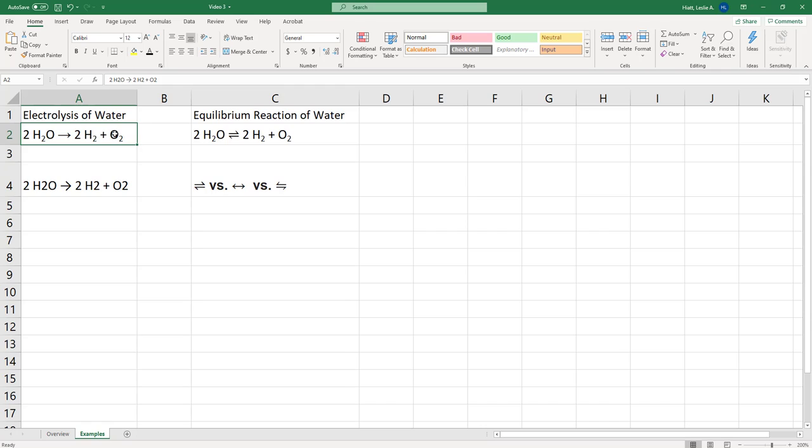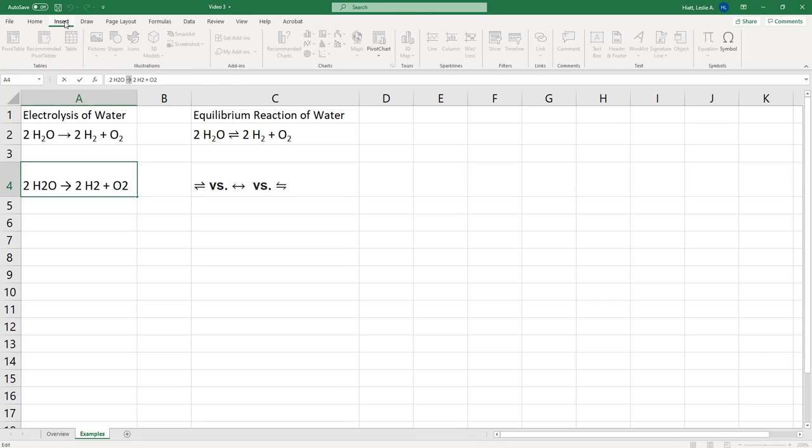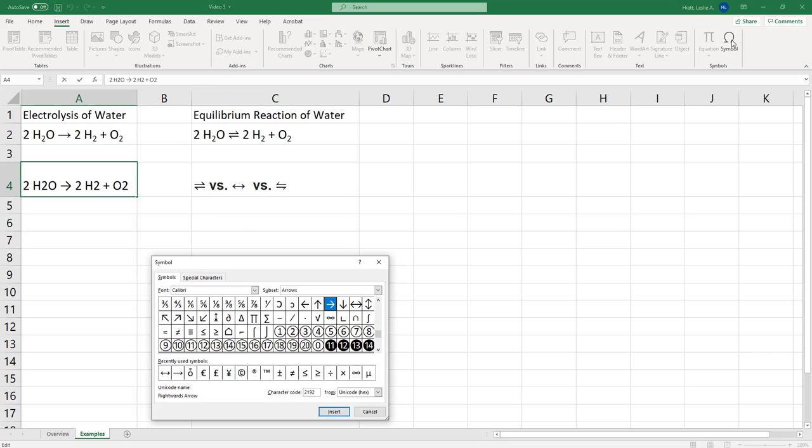But how did we get there? If I just type this in, you would just type 2, H2O, etc. But when I get to this arrow, how did I insert that into my Excel spreadsheet? In this case, you would go to Insert, Symbol, and I was using Calibri, and the subset was arrows, but basically you just